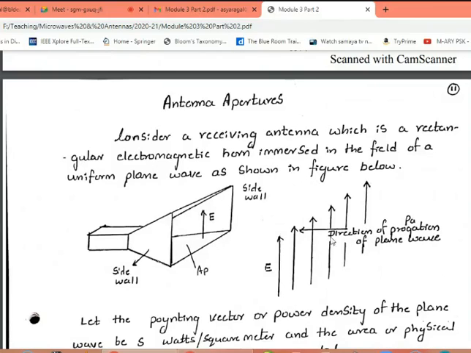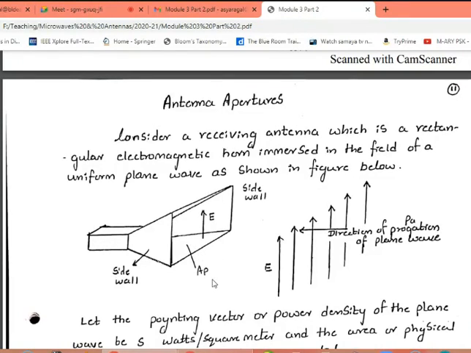whatever uniform plane field there is, as shown in the figure. You can see this is our antenna. These are the side walls, and this arrow mark which is pointing up is the electric field at the mouth of the horn antenna. It is a rectangular horn antenna. AP is nothing but